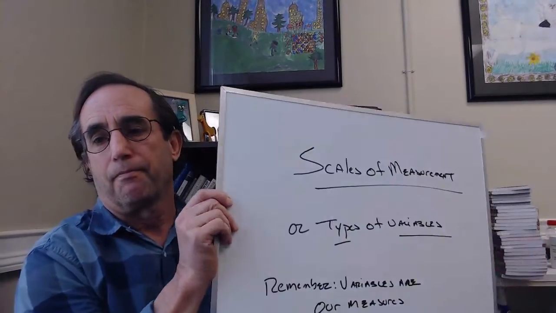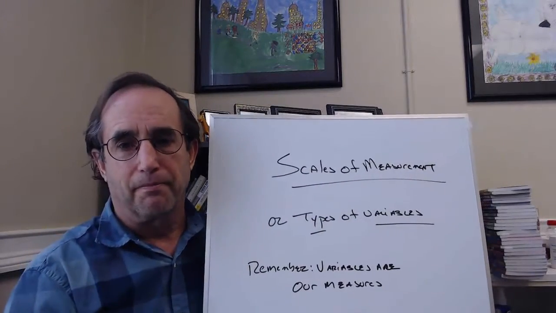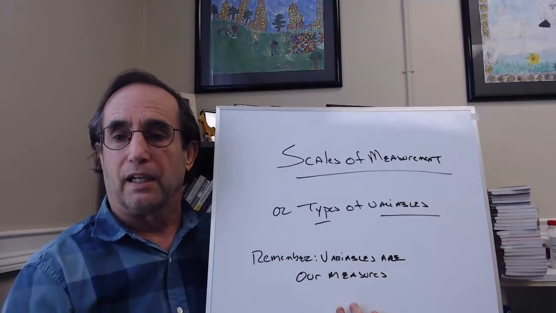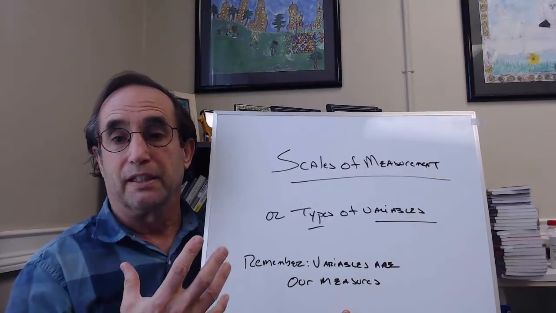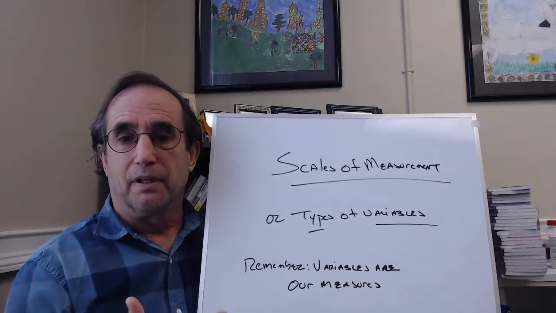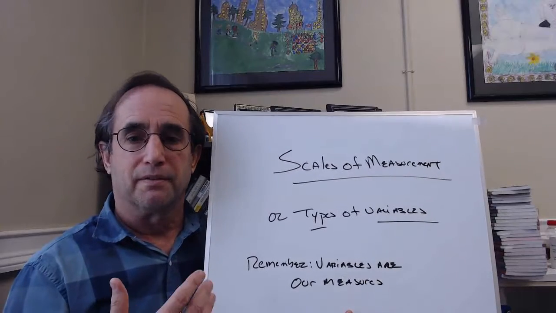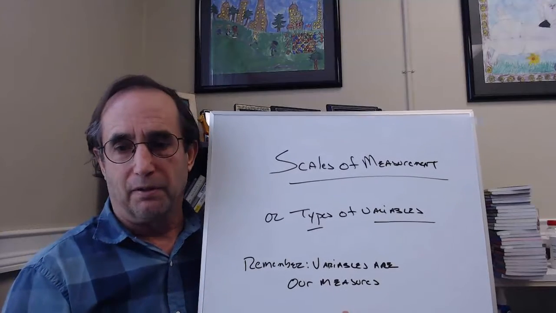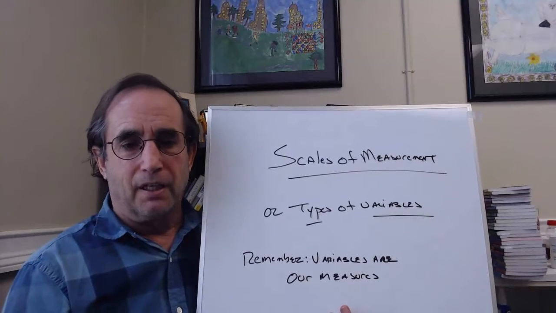All right. What I'm going to talk about in this little mini whiteboard lecture is scales of measurement. Whether we're doing correlation or experimental design, we are always measuring something, and that something we measure is a variable of some sort. We've talked about variables in terms of the predictor and outcome variables, or the independent versus dependent variable, and we've talked about extraneous variables, but